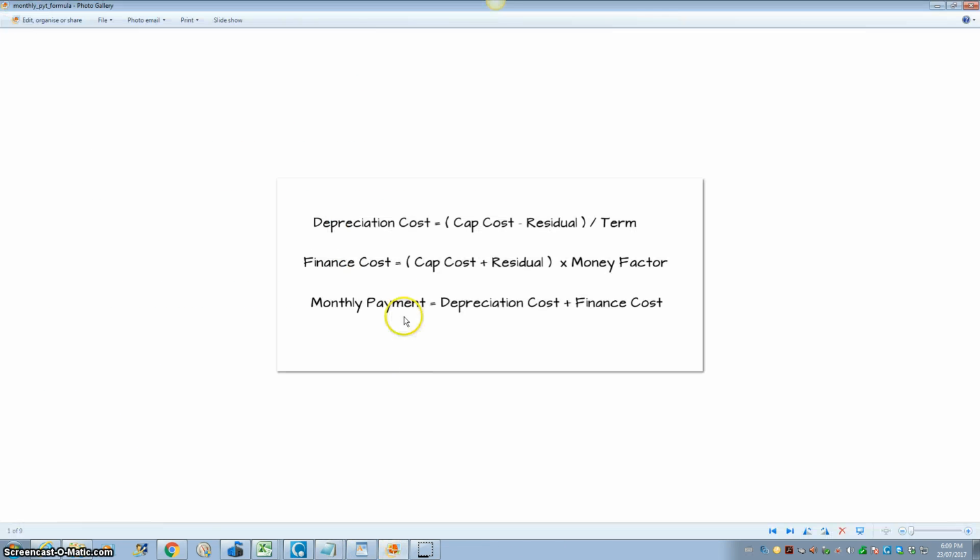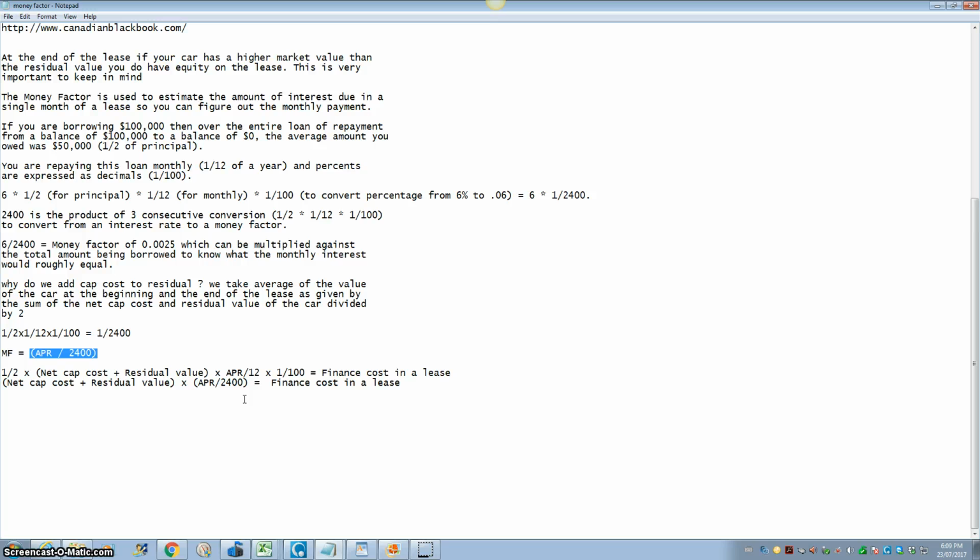See, when they are saying finance cost is equal to cap cost plus residual multiplied by money factor, how is that coming? This is the logic. This is not properly explained anywhere. So I'm trying to explain through this video for those of you who are curious like me to understand the logic. Okay, so now you substitute this for money factor. So money factor multiplied by